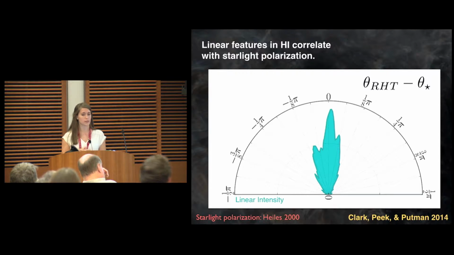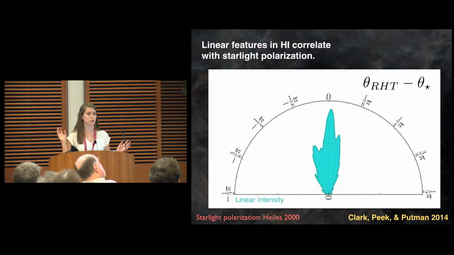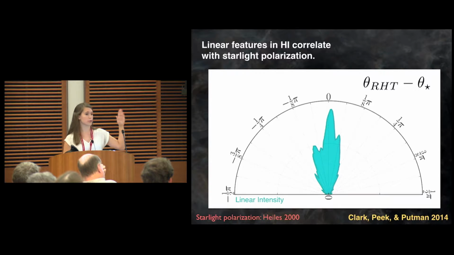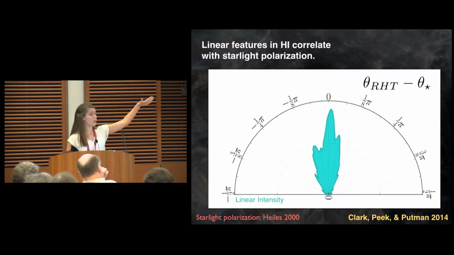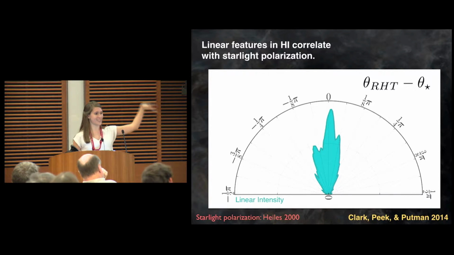And so this work was published in 2014, and what I'm showing here is this intensity as a function of theta sampled around 351 stars in a 1,300 square degree section of the high latitude GALFA-H1 sky. And I'm plotting this intensity relative to the starlight polarization measure around which we sampled it. So perfect alignment here between the starlight polarization and the H1 is at 0. An orthogonal orientation would be at pi/2, or equivalently minus pi/2. Remember, we can only get orientation in that direction from starlight polarization measures. So you can see that clearly these H1 fibers are very well aligned with the interstellar magnetic field as probed